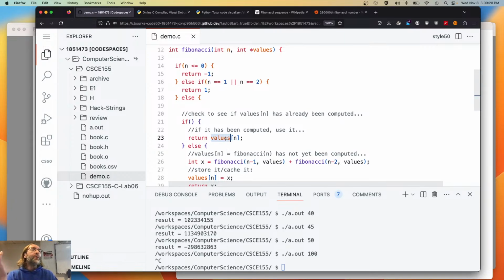It is a form of memorization. I don't know what the root of that word is. It's probably just made up. How do I check to see if it's already there? So if values of n has been defined,